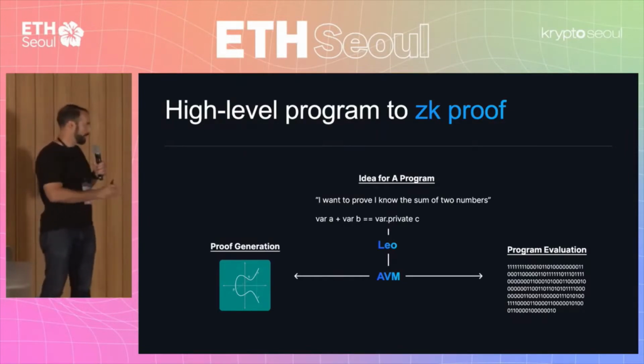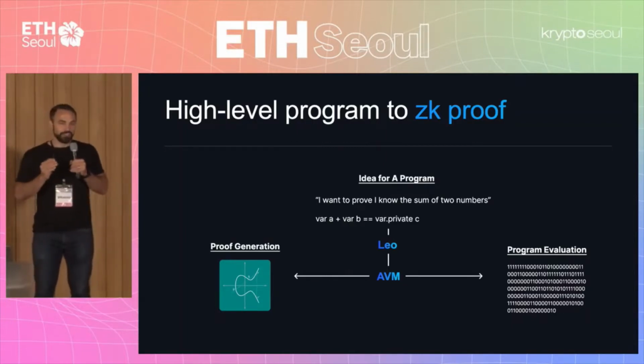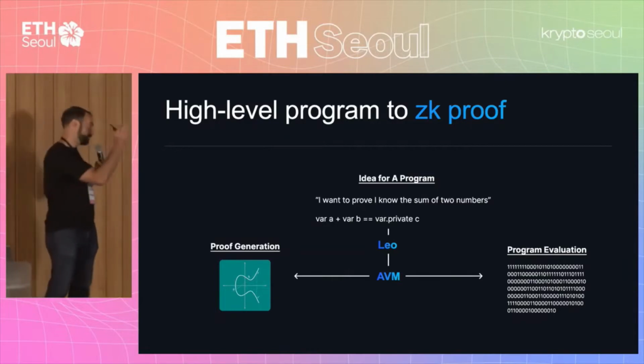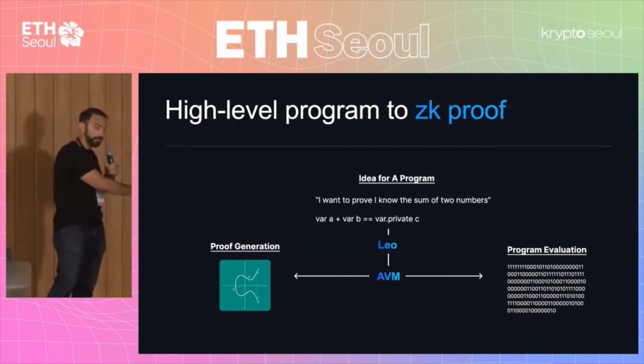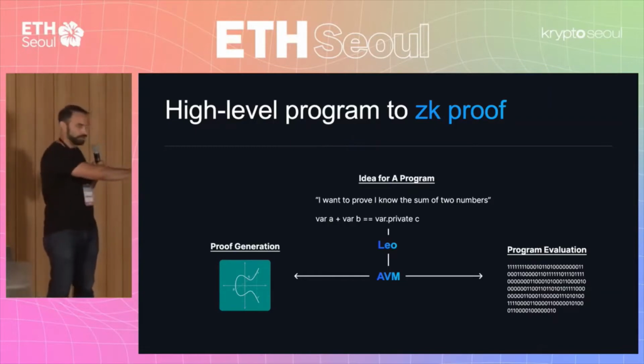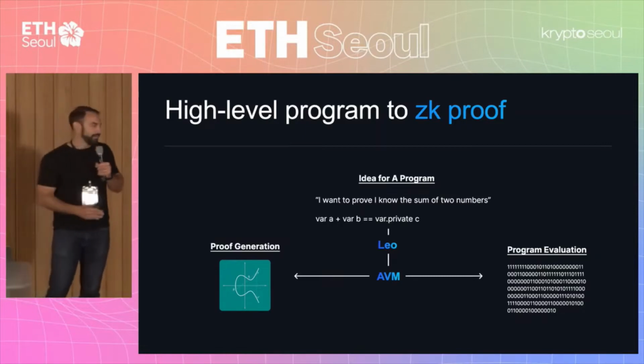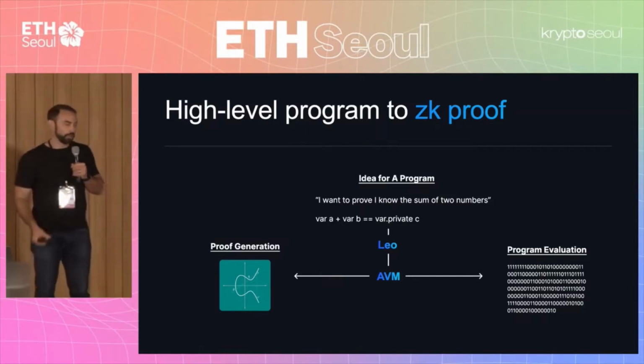And so you write it out in high-level language, and then what Leo and the AVM does is compile it down, and it manages this problem of efficiently translating between the world of zero-knowledge cryptography, or the cryptographic world where things are all group elements defined over elliptic curves, and the world in which the program actually needs to be evaluated, what's actually being computed here. And to do that efficiently is why, again, we built our stack from the ground up.